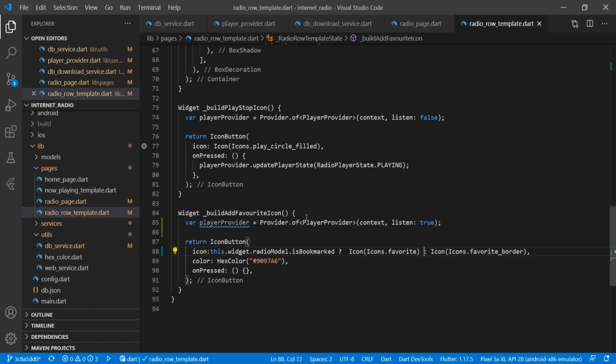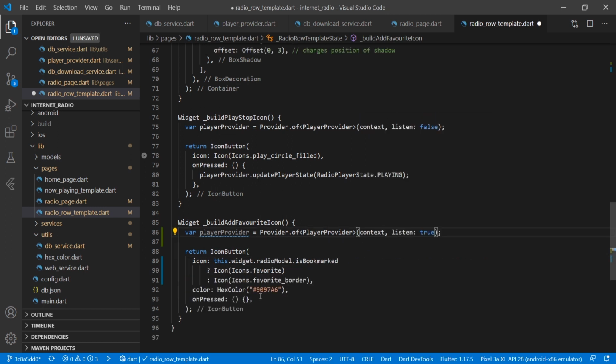Now here we are checking if the row is already bookmarked, then we will use the fill icon of that bookmark, else we will update the icon as an empty favorite icon. So now we will write a code on the on press.